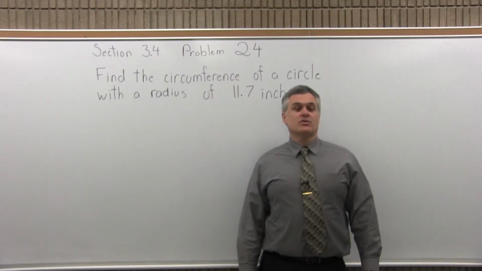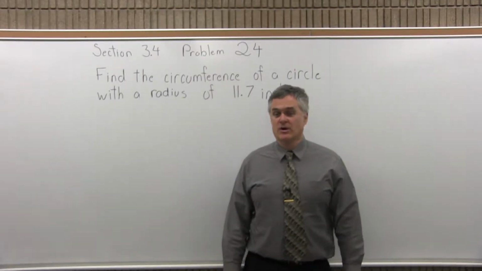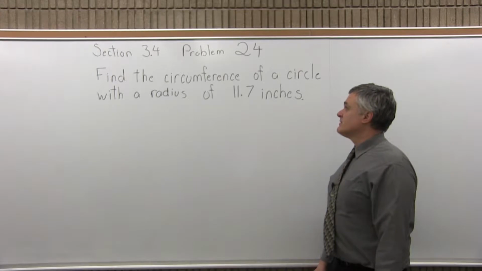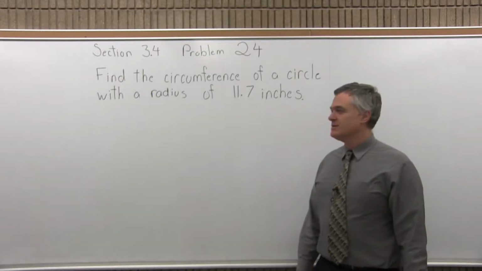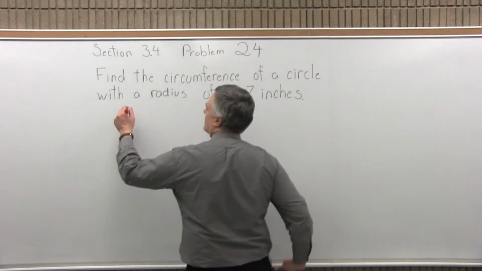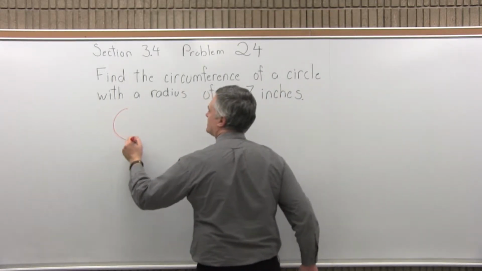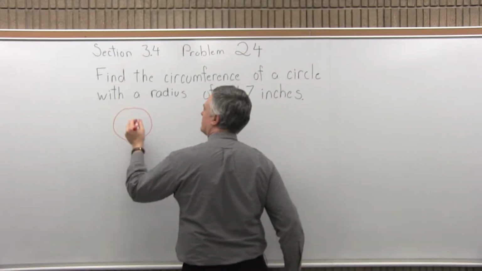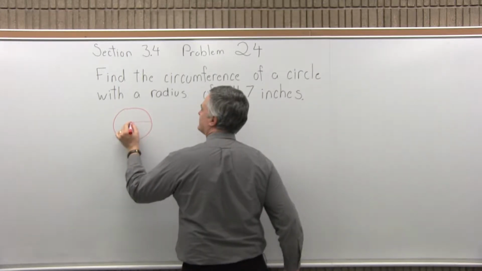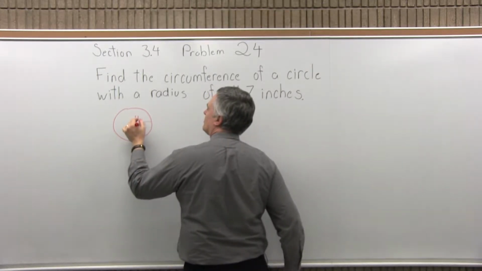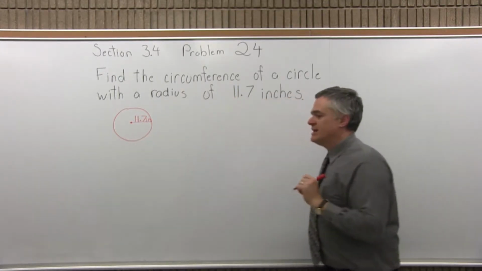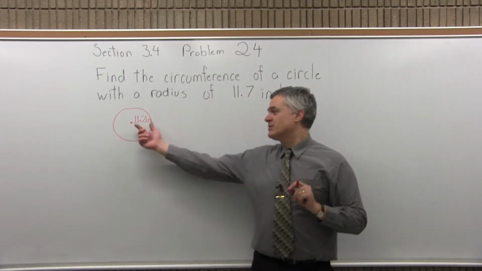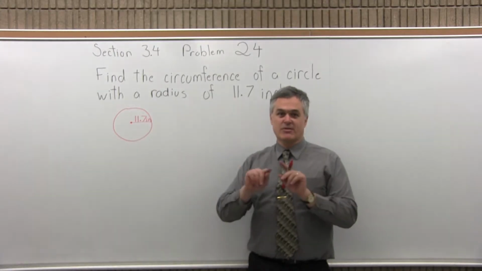This is Section 3.4, Problem 24. It says, find the circumference of a circle with a radius of 11.7 inches. So we want to find the circumference, or distance all the way around the outside of the circle, if the radius is 11.7 inches. Again, radius is just the distance from the center to the edge, as opposed to diameter, which is